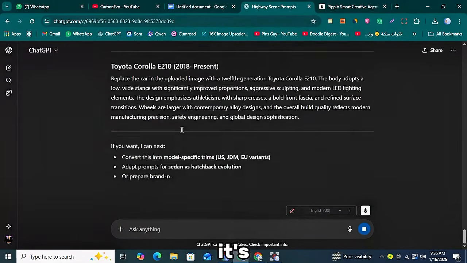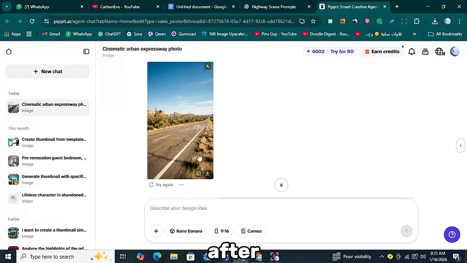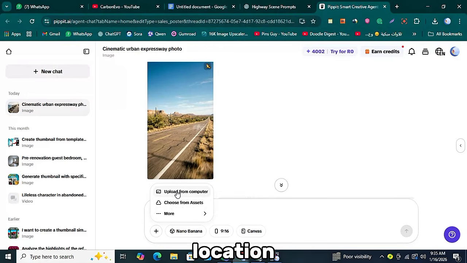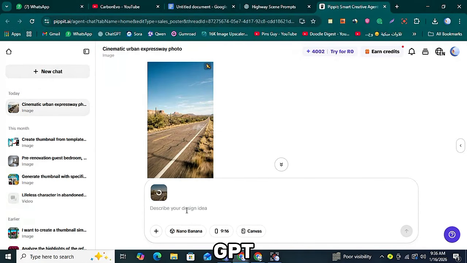Using these prompts, it's very simple to generate images of the cars for your video. So you have to copy the first prompt that ChatGPT has given you. After copying it, you have to return to the Pippit AI website. After that, you have to upload the first image that you generated, the image of your location. You do this by clicking on the plus icon here on the image canvas. After uploading, you have to paste the image prompt that ChatGPT just gave us